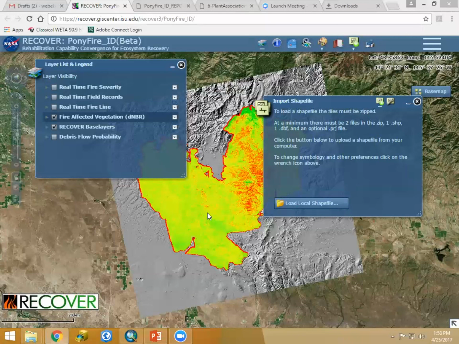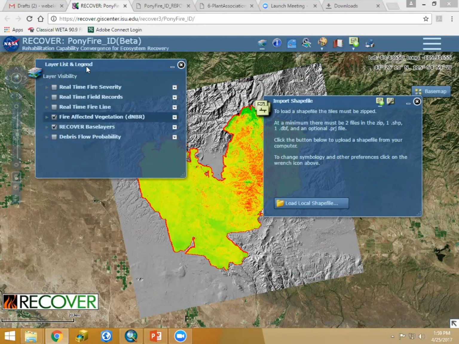For the Crystal Fire, 2006 Crystal Fire in Idaho, there was some UAS imagery that was acquired, and BLM asked us to launch that. Sure, no problem. We grabbed that UAS data that they delivered to us, added it, and it's just another one of the layers right over here in this layer list and legend. State line fire, there was some high-res aerial imagery that was acquired. We did the exact same thing for them, and we can do that for other folks as well. I hope I